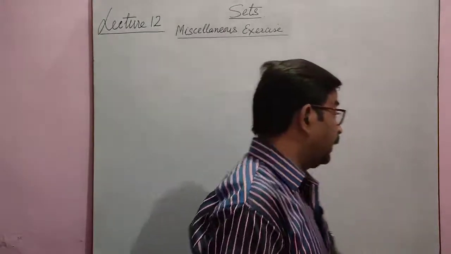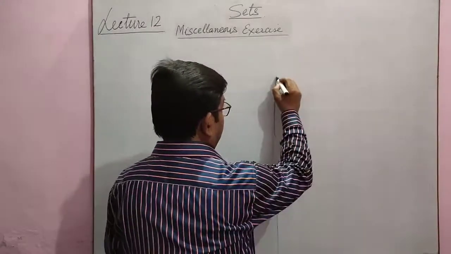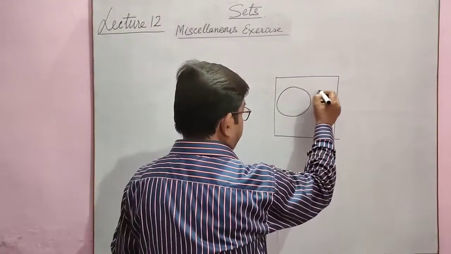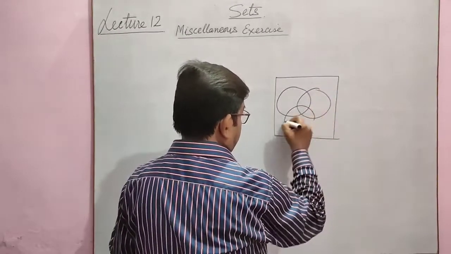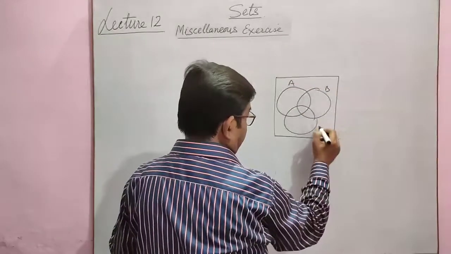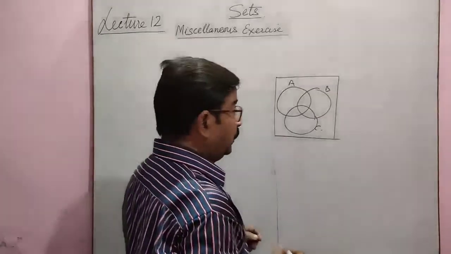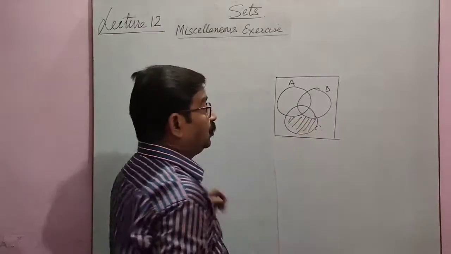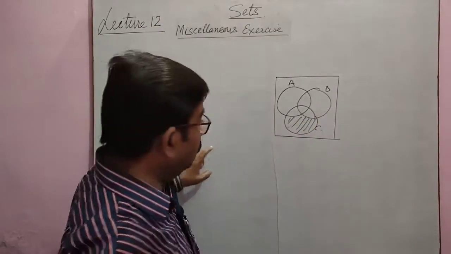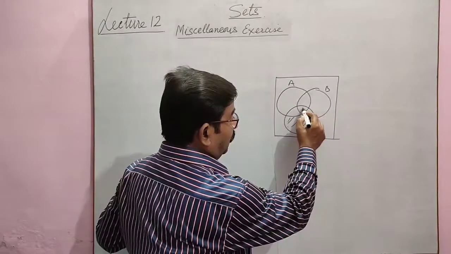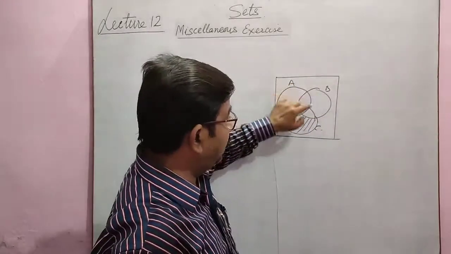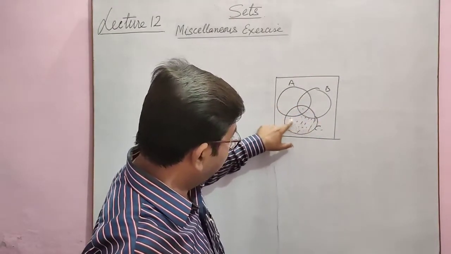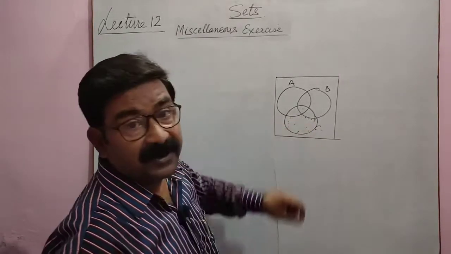So what to do? Again you will find by Venn diagram. See, I am just giving the idea. This is A, B and C. Set A, B and C. So what we have to find? How many people are liking product C only? This portion we have to find. So first of all, you will write all the information. You will write the term in the all three common, then common in A and B, common B and C, common A and C, and after that see how many people are found in this portion. So by Venn diagram it is very simple to solve.